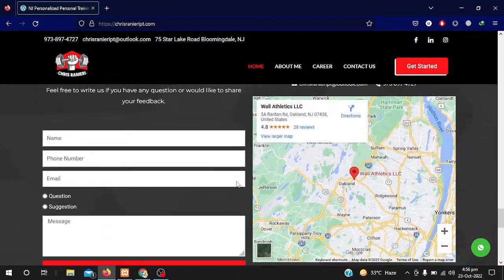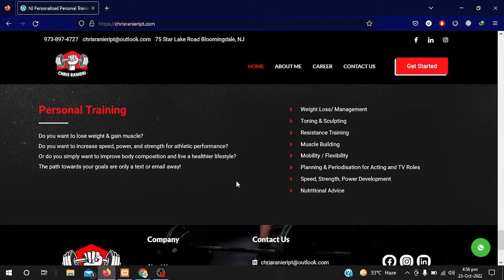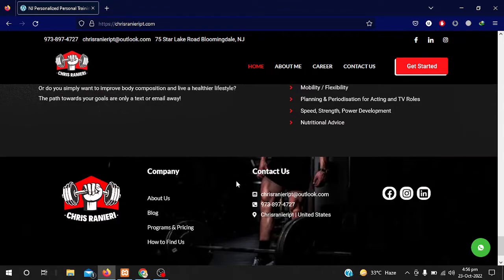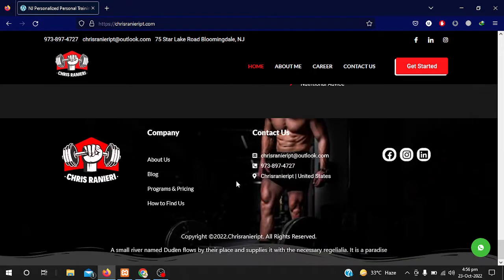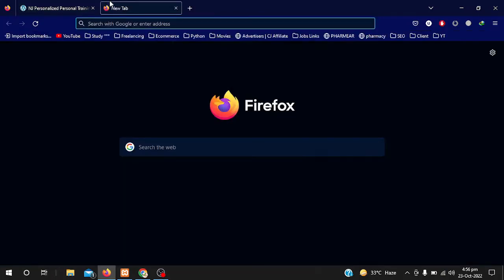If you want to search your competitor's website, you can simply search that URL and you can find which theme he is using or which plugins he is using, so that you can design your website similar to your competitor's website. So first of all, we have to search for